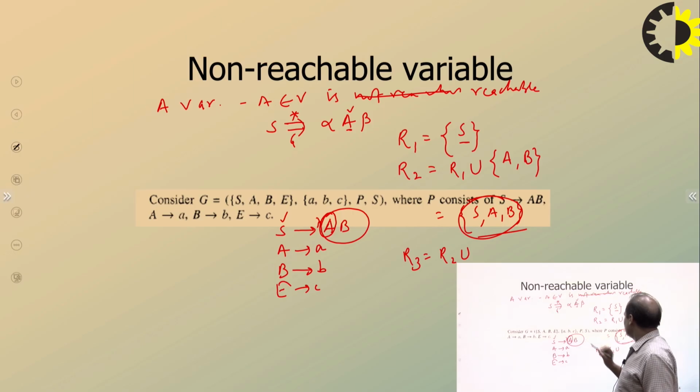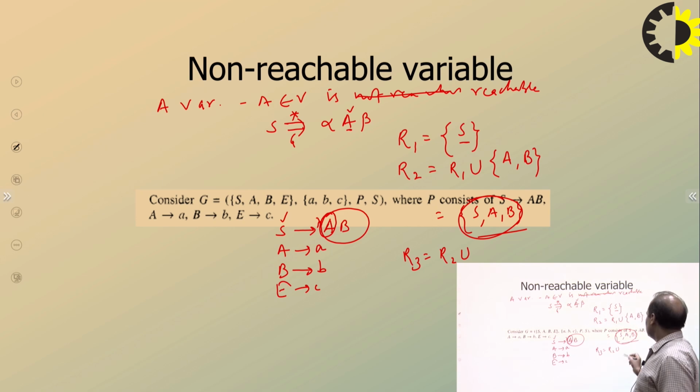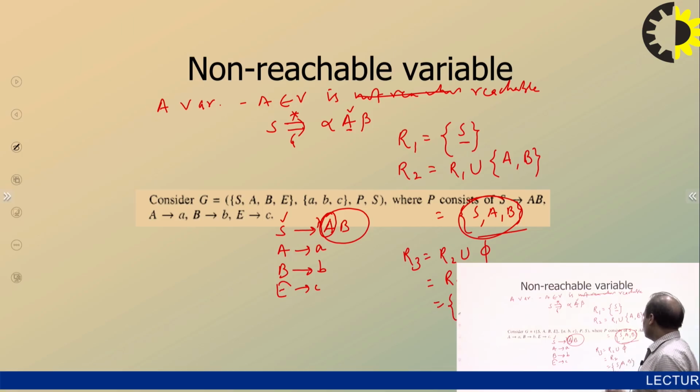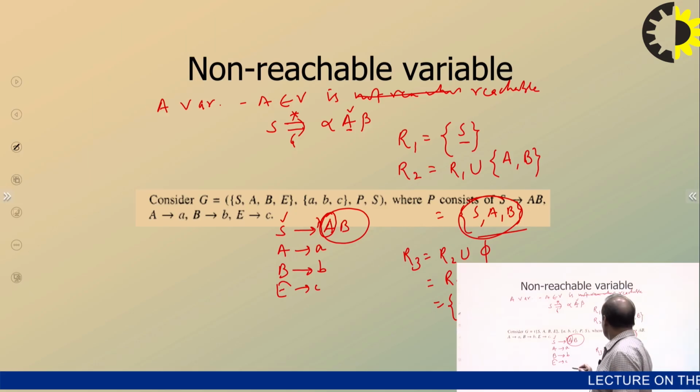Yes, AB is included already. A is there, no non-terminal here. B is here, no non-terminal here. And E is not coming into this list. So R2 becomes R3. So what is the answer? R3 is actually R2. So what is this set? S, A, B. Clear class? Okay, so now that means